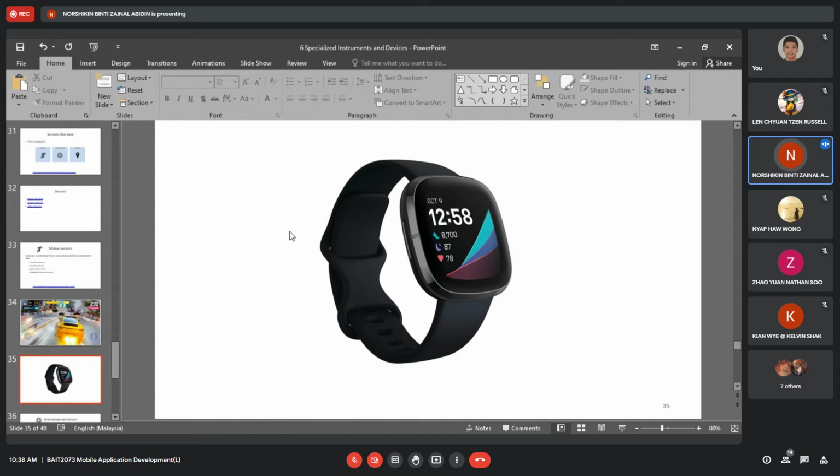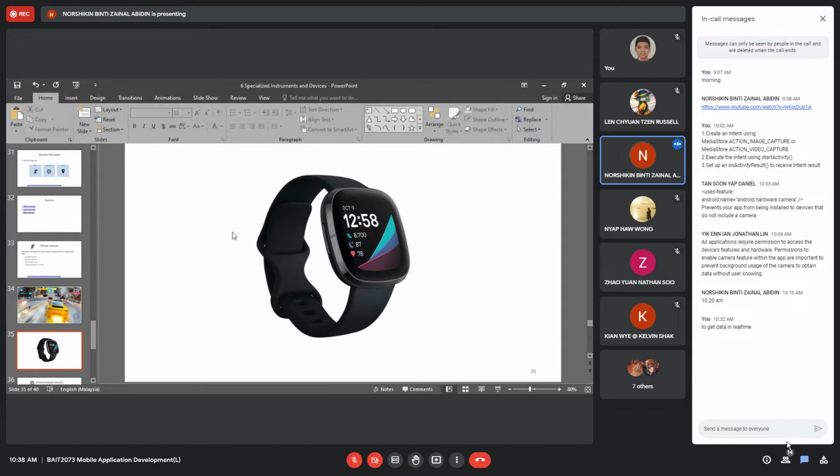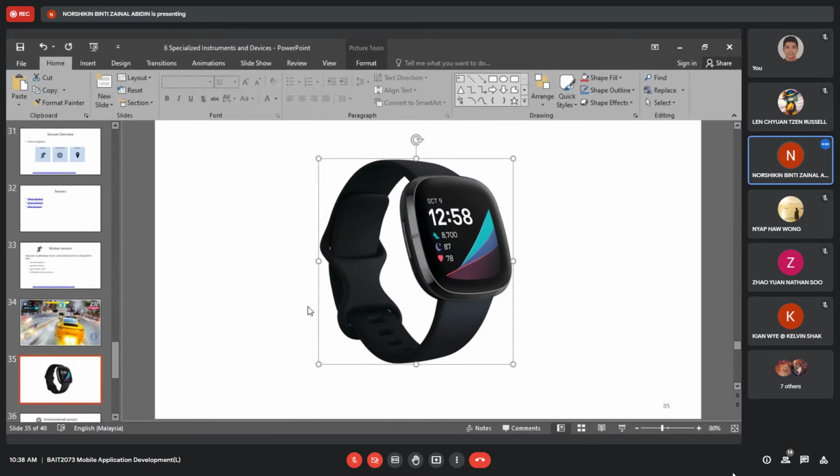Your blood pressure, what else can they detect in our smartwatch? I don't remember. But one of the things they can detect is our BP, our blood pressure. Actually, there's a conflict, a medical issue, over whether we can really rely on this device. Of course, for normal people it should be okay. But what if people totally depend on this device to monitor the blood pressure?